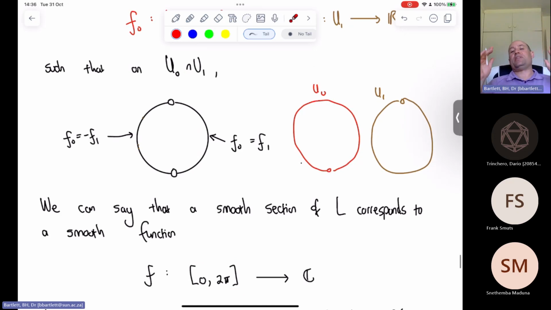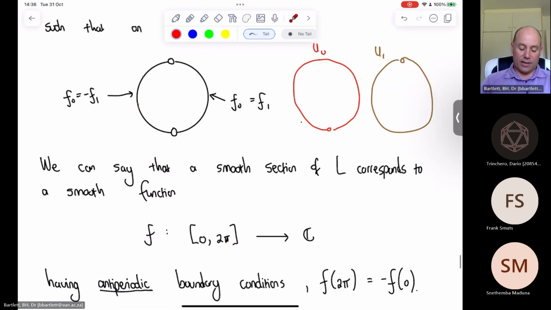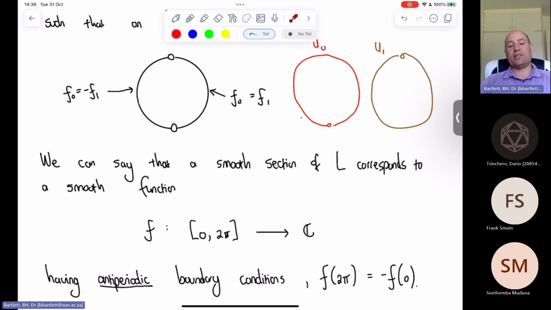And normally, if I wanted to say that it was a function on S1, I would have to say that f of 0 equals f of 2 pi. I would have to have periodic boundary conditions. But now I've got anti-periodic boundary conditions. It's just another way of writing down this data. I've scaled it a bit and so on. Forgive me. But that's a nice way of understanding